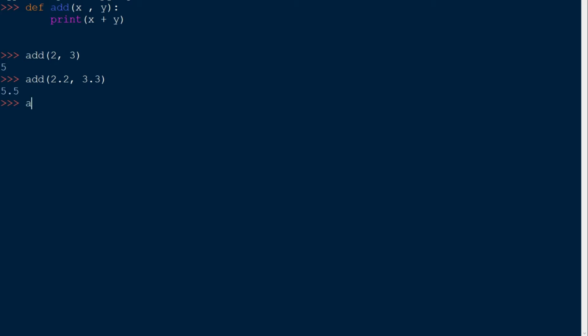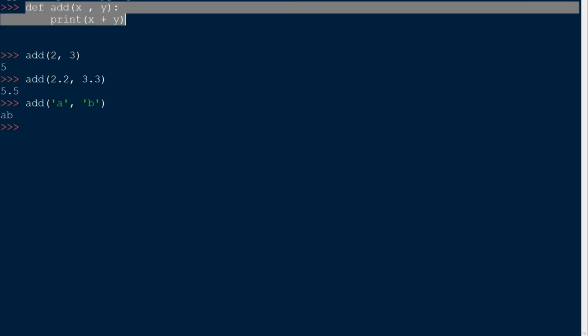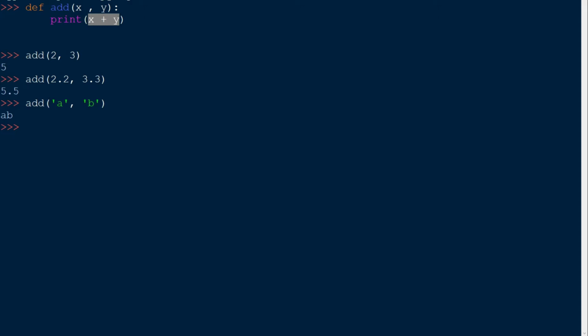Similarly, if I give it some strings, let's say A and B, and press enter, we got AB in the output. Since these are strings and strings get concatenated when we use the plus sign, we got AB in the output. If you pay close attention to the program, we are actually printing the sum of x and y, which is 5, 5.5 and AB, which is actually fine.